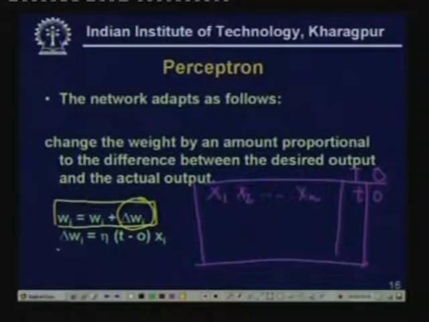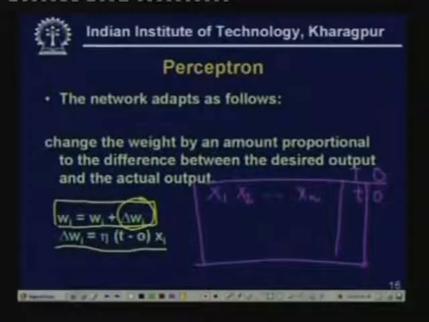Now, what is delta Wi? We take delta Wi to be equal to eta times (t minus o) times xi. So, t minus o is the difference between the target and the achieved output. If t equals o, then we do not change the weight, delta Wi is equal to 0. But if they are not the same, then we change delta Wi